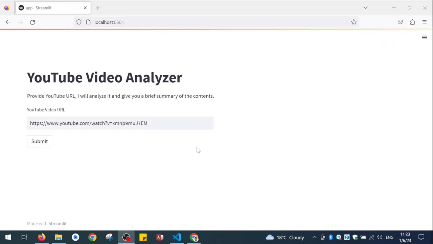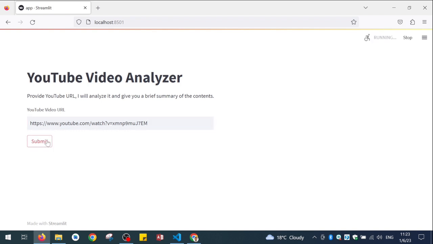Now when the app is open, it comes with two inputs from the user. The first one is the input text and then a submit button. So the user needs to copy and paste the YouTube URL in this text input, and when I click on